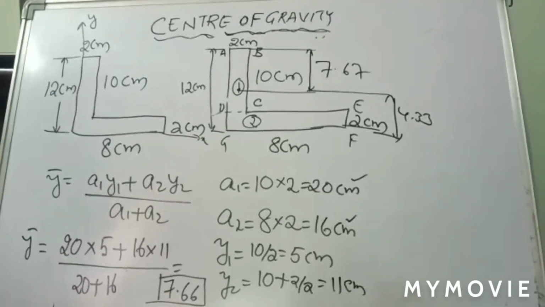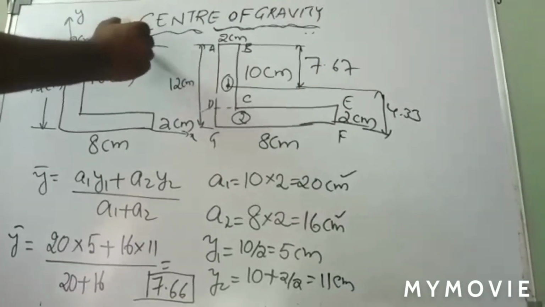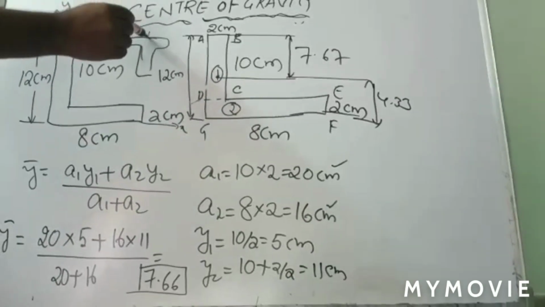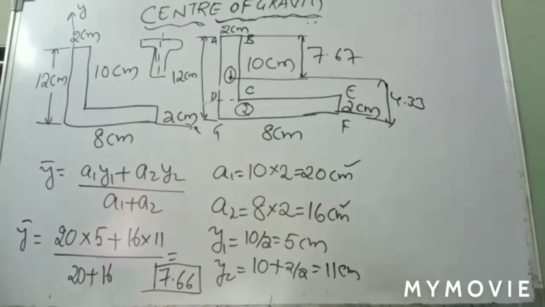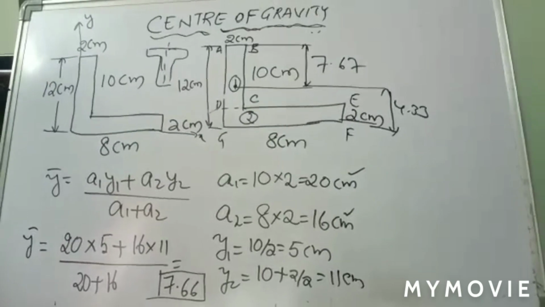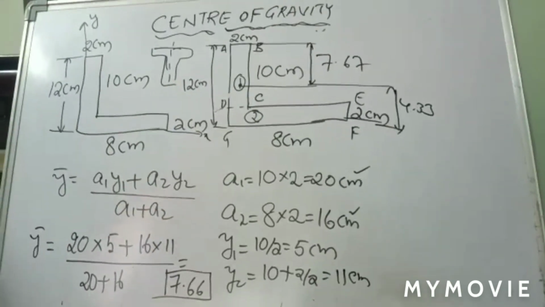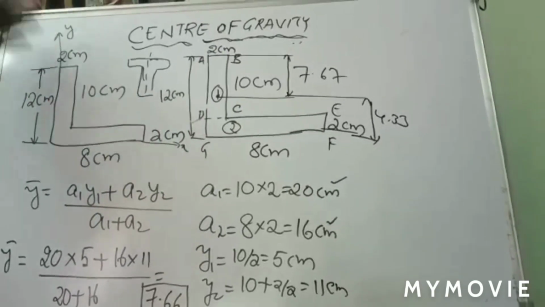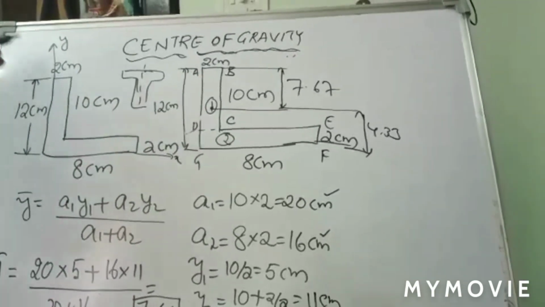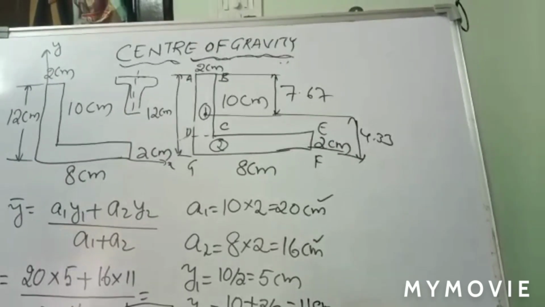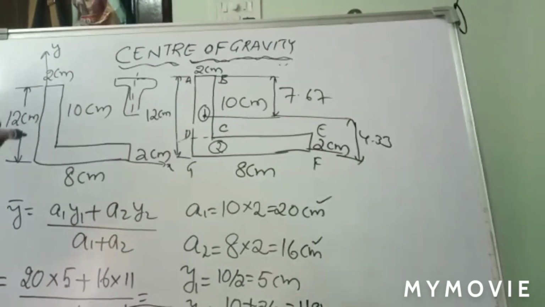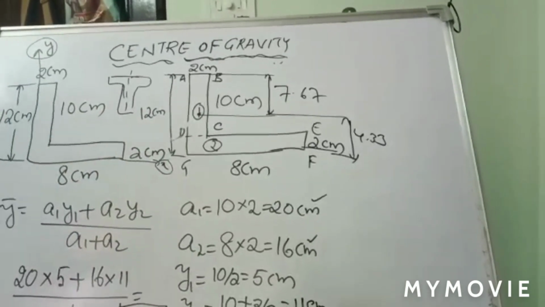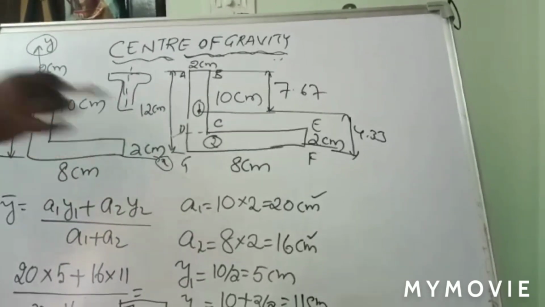In the last class, for a T section like this, there is a possibility of symmetry, right? But in this case, if we consider the L section, no way can you consider symmetry about the x axis and y axis. There is no chance of symmetry about the x axis and y axis. If this is the case, then automatically you have to consider the centroid about the x axis and the centroid about the y axis, and that is the reason why I clearly represent the axes also.